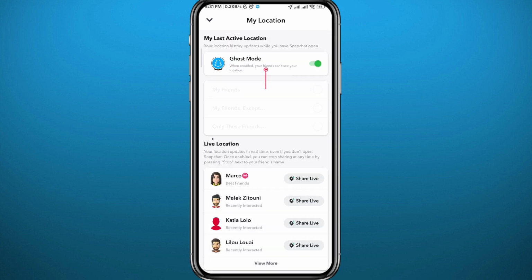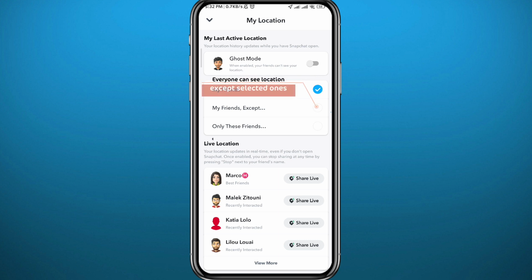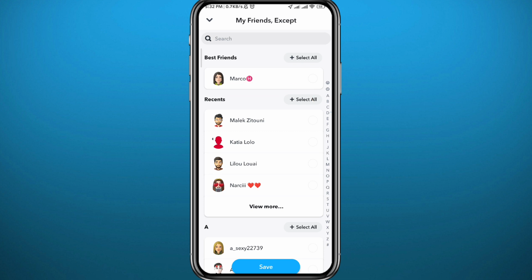Now this is the page that you're looking for. You need to turn off the ghost mode to be able to make yourself visible on Snapchat. So once you turn that off and you keep settings like that, that means all of your friends get to see your location. If you set it to the second option, everyone can see your location except the ones you